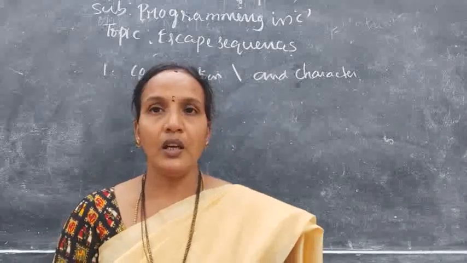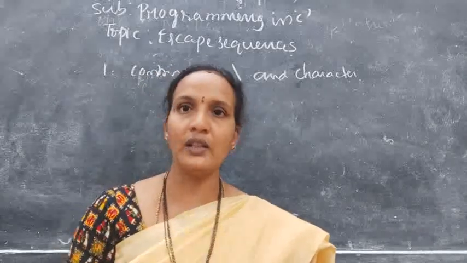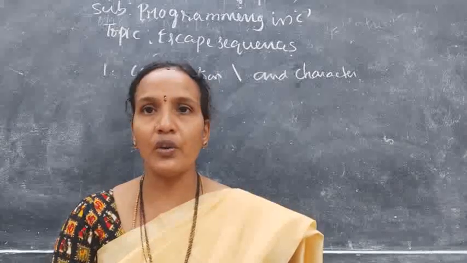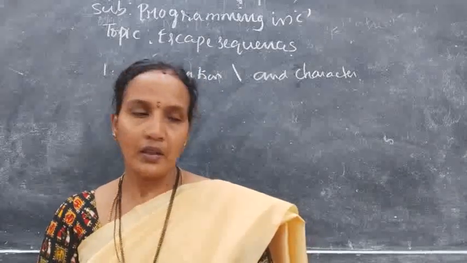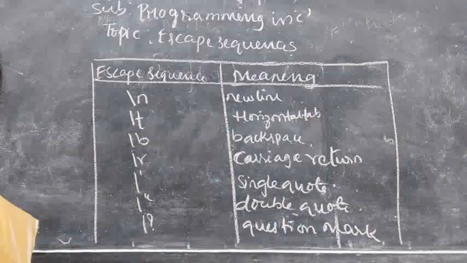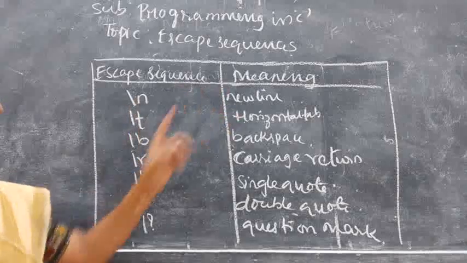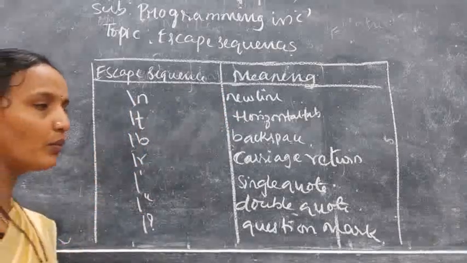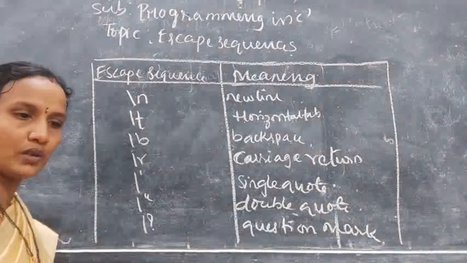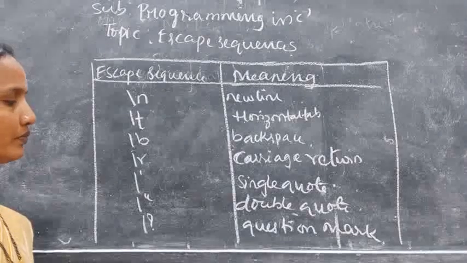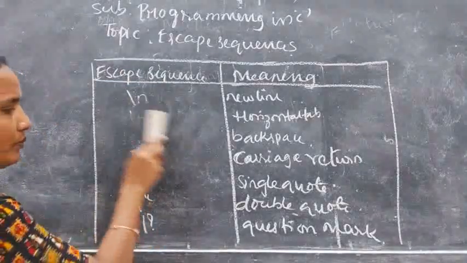Now I'll give you the table. Draw the table and write all the escape sequence characters, out of some seven or eight characters. I'll give you the programming for four or five. Here you have a table: escape sequence, character and its meaning. Write all this. There are two more escape sequences. First, take a screenshot of this.